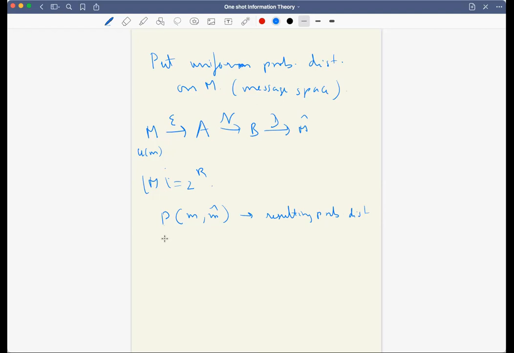And now look at the tensor product of the two marginals. This I know is uniform, U_M, and this is something arbitrary. I don't know what it is. As you've seen before, I know R is